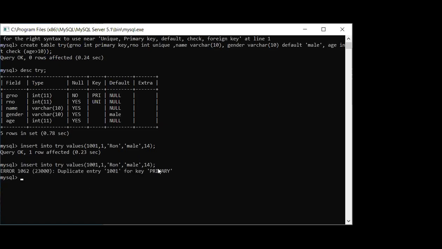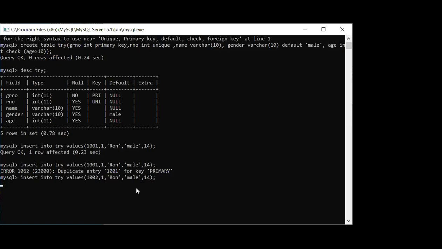So I'm going to press the enter key. You can see the very first error is because of this primary key, because MySQL is checking one by one. So it has given you the first error that this will not work. The reason is duplicate entry for primary key. So this is not allowed. Fine. So what we are going to do, I'm changing this, but still I will get the error.